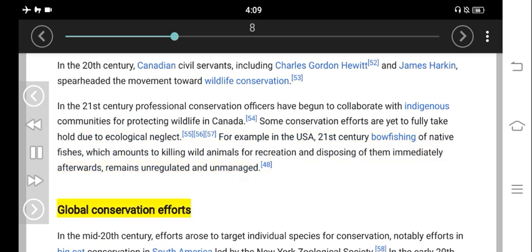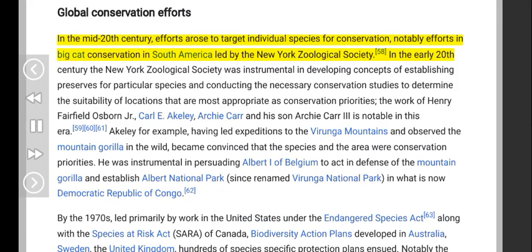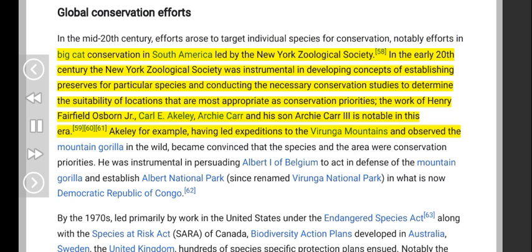Global conservation efforts. In the mid-20th century, efforts arose to target individual species for conservation, notably efforts in big cat conservation in South America led by the New York Zoological Society. In the early 20th century, the New York Zoological Society was instrumental in developing concepts of establishing preserves for particular species and conducting the necessary conservation studies to determine the suitability of locations that are most appropriate as conservation priorities. The work of Henry Fairfield Osborn Jr., Carl Lea Kelly, Archie Carr and his son Archie Carr III is